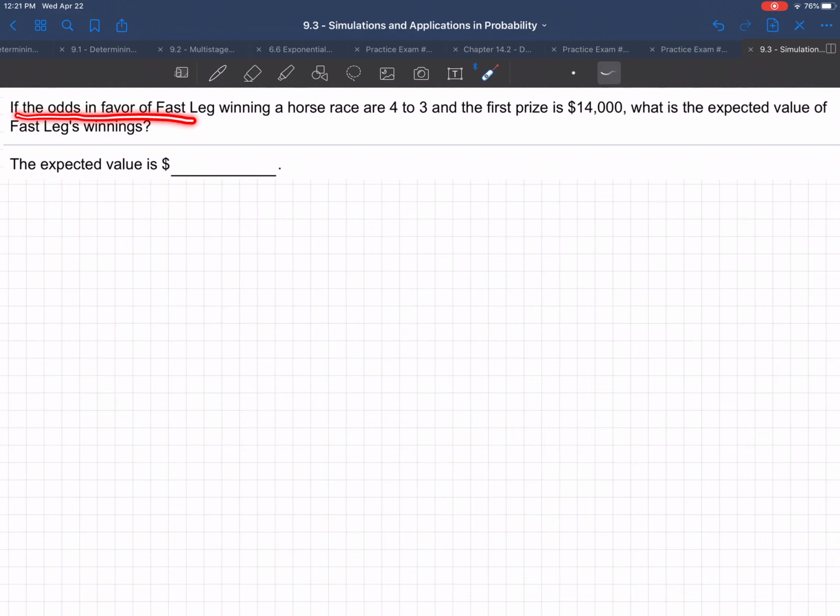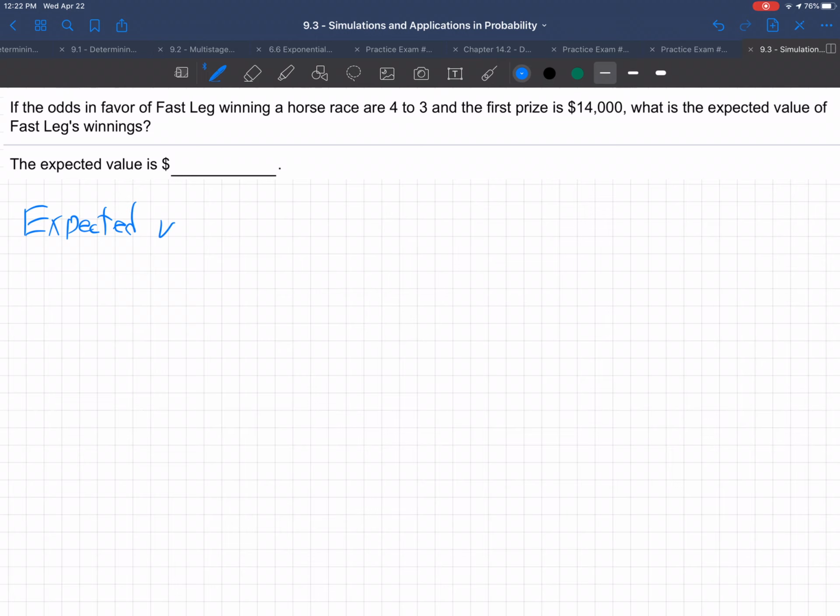If the odds in favor of Fast Leg winning a horse race are 4-3, and the first prize is $14,000, what is the expected value of Fast Leg's winnings? In other words, what should we expect is the average value for Fast Leg? So this is an expected